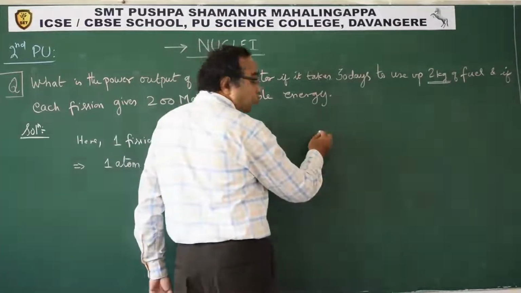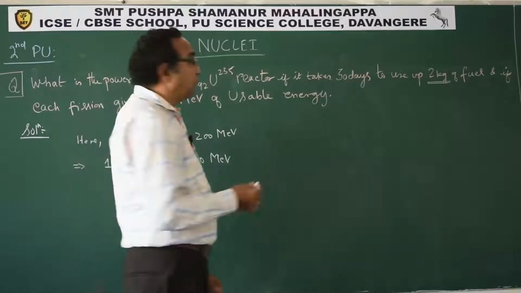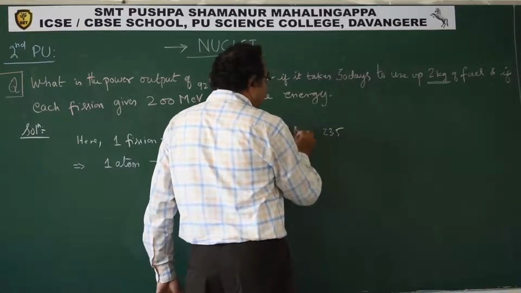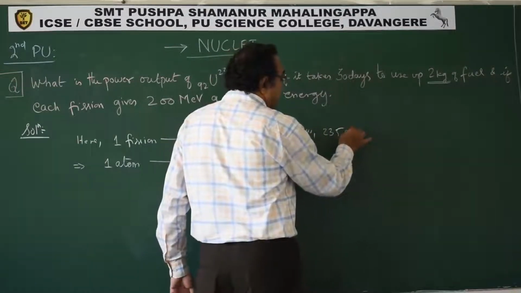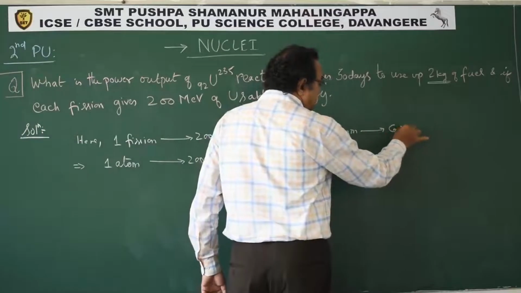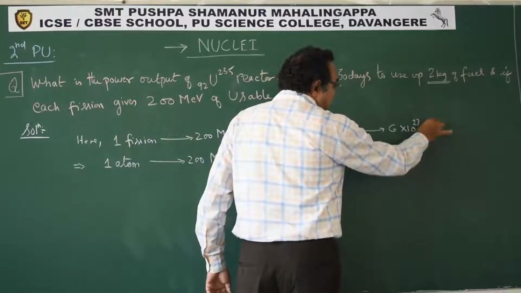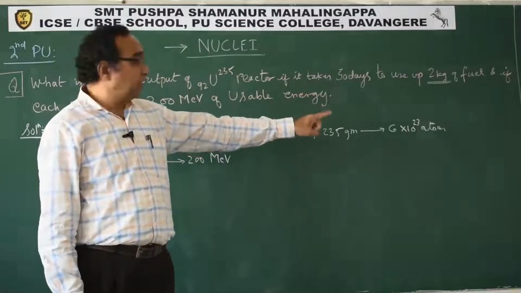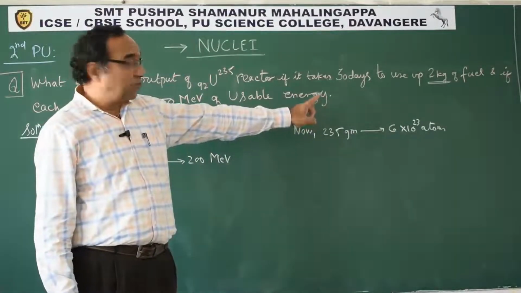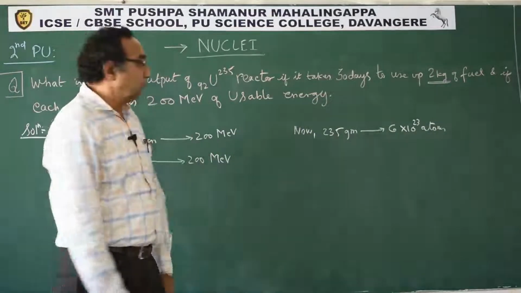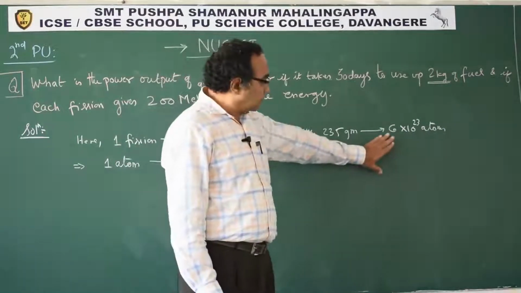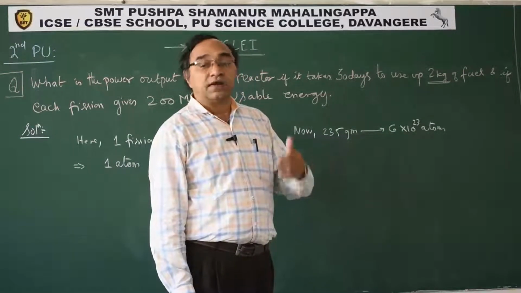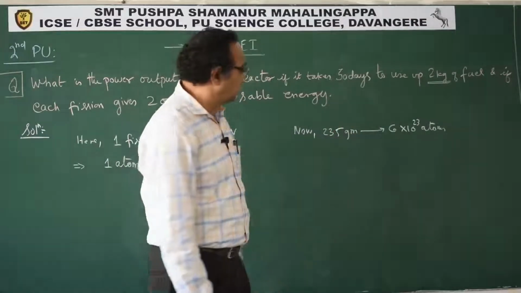So using the mole concept, what we can say is 235 grams contain 6 into 10 power 23 atoms. Again students, I am using the same data. Please concentrate. Here I am not using 6.023, for calculation ease. Repeatedly I am telling you this, so don't be under the impression that this is wrong. You can always go for 6.023, 6.02, and you can proceed with your calculating aids.